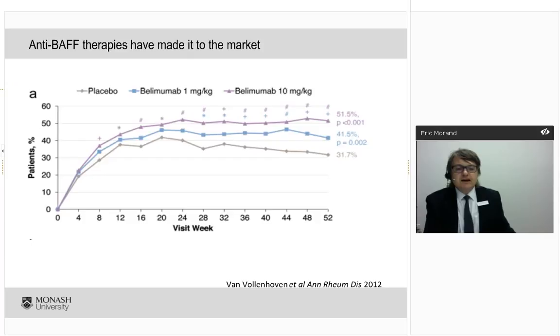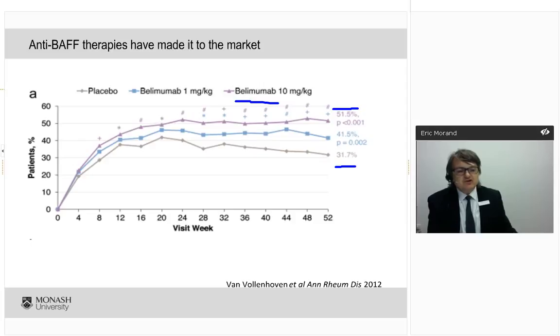Now, some have worked. And this drug, belimumab, also known as Benlysta, is available now for lupus. It's a drug that is a specific antibody against a protein that's relevant to antibody production in lupus patients. And this graph shows the results of a clinical trial showing that patients on placebo, 32% of patients got better, compared to patients treated with the drug, 52% of patients got better, proving statistically that the drug is more effective